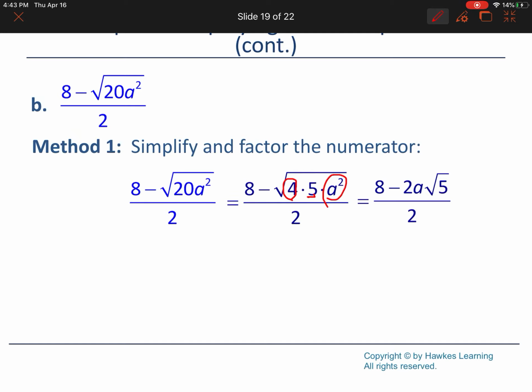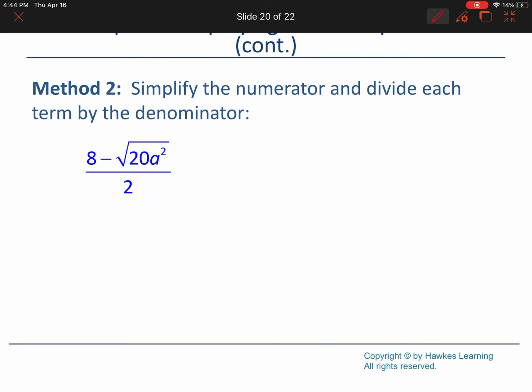So now I have something that I could factor. I could pull a 2 out of both of them, and then I could cancel the 2s. And that would be my answer. So hopefully that's where you're headed. Or if you wanted to do it the other method,